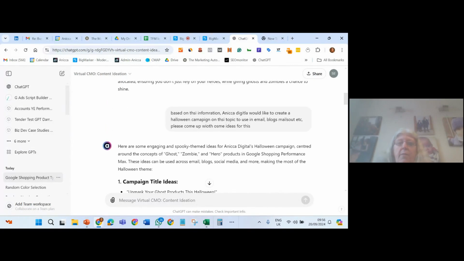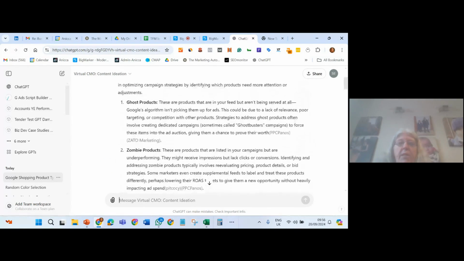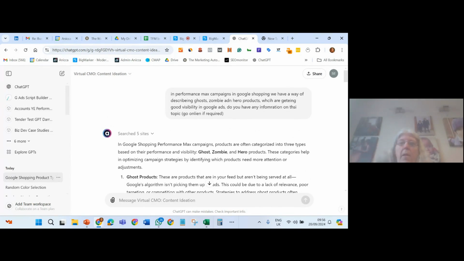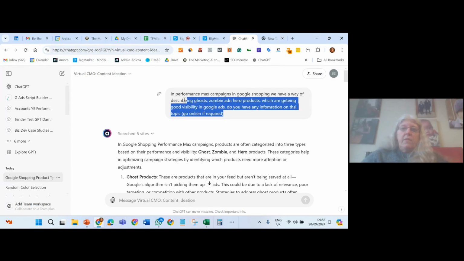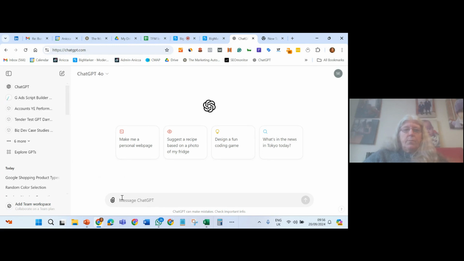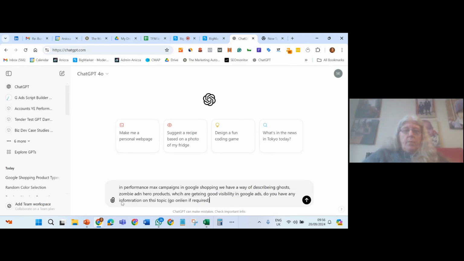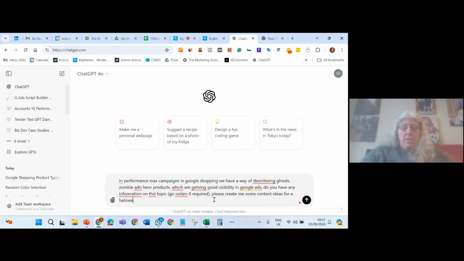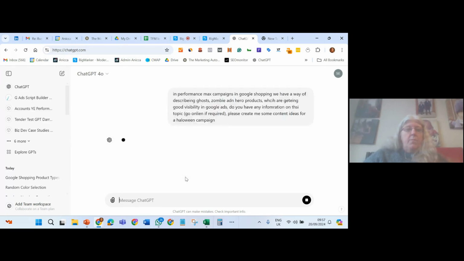Whereas, and I've shown you how to do iterative prompting, if I just did this and went to normal ChatGPT, so I'm in normal ChatGPT now, whereas if I'd done that in my